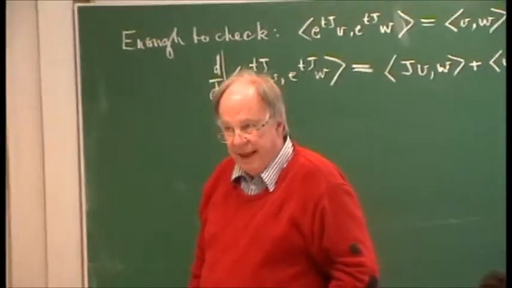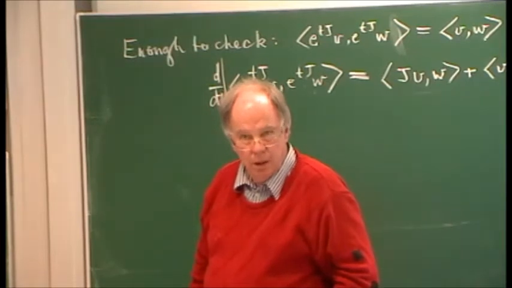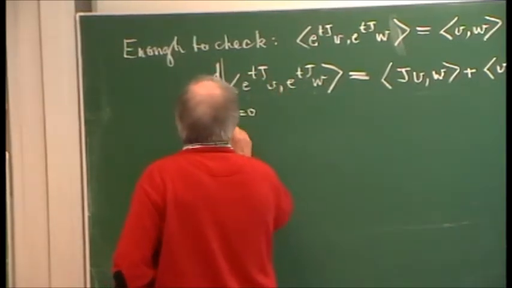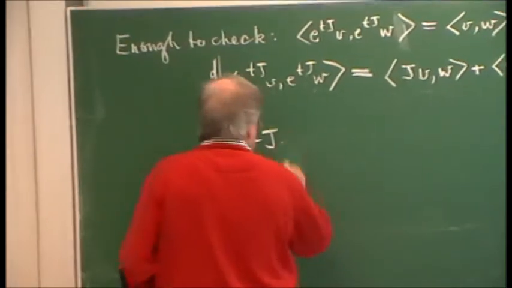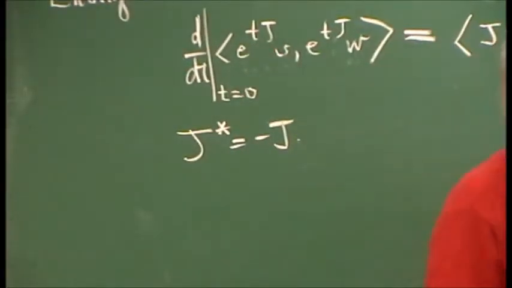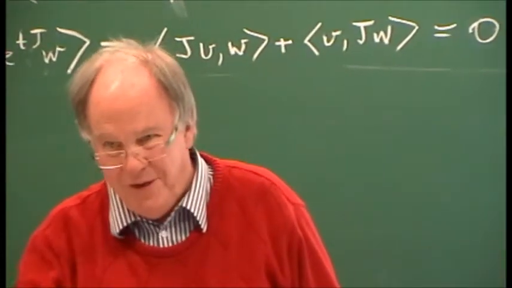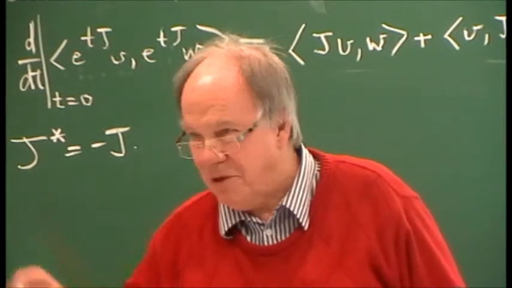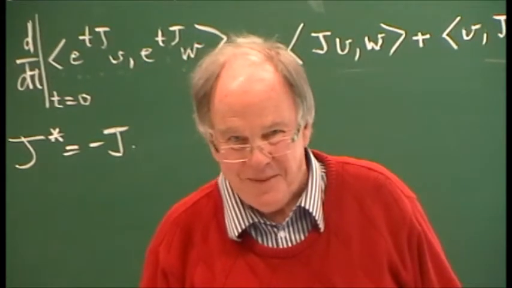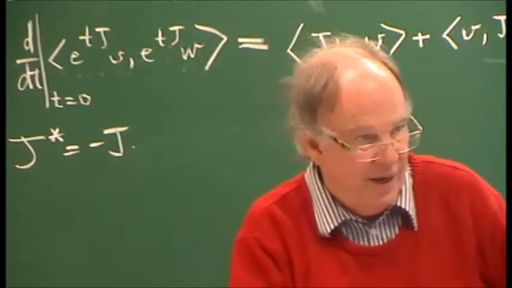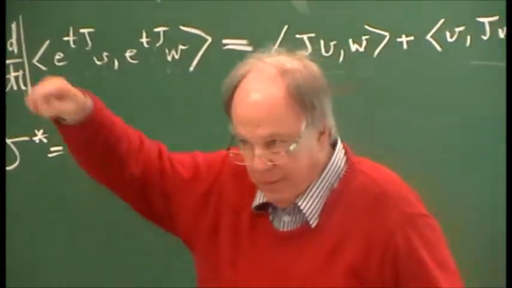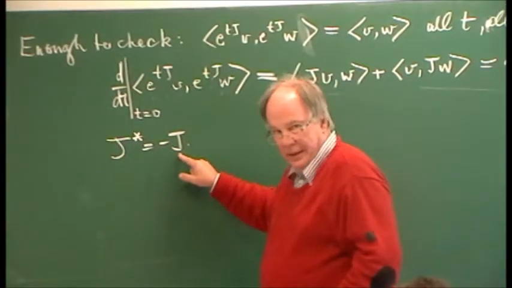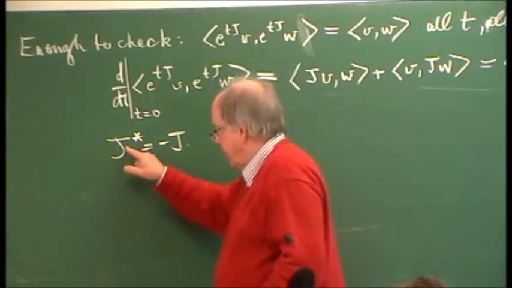That says that J is an anti-self-adjoint operator. Right? It says that J star equals minus J. And you will see that that is exactly the condition for e to the tj to be an isometry. I've left some gaps here purposely. I think it's a good exercise. Okay? So to identify isometries, in this case, this rotation isometry, by the property that the operator we're dealing with,